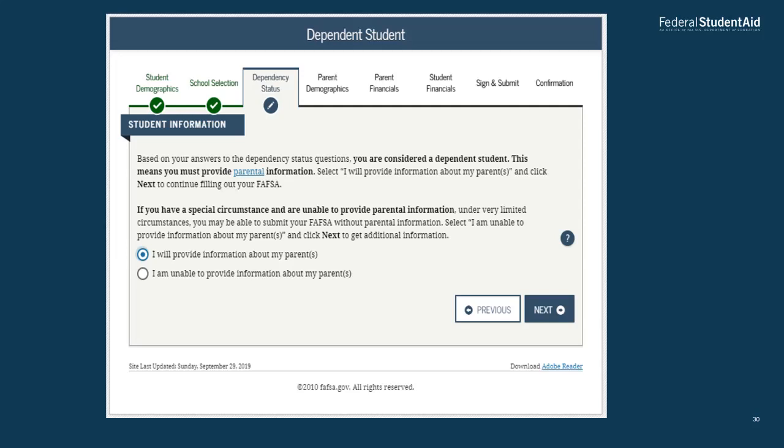So keep that in mind. If you do fall within those special circumstances, you can click on I am unable to provide information about my parents, and you can go on to the next page. Students who provide information about their parents will go on to the section where it states parent demographics, which will be on our next